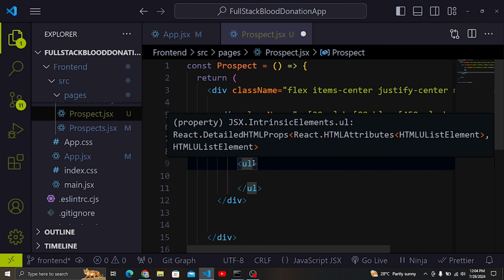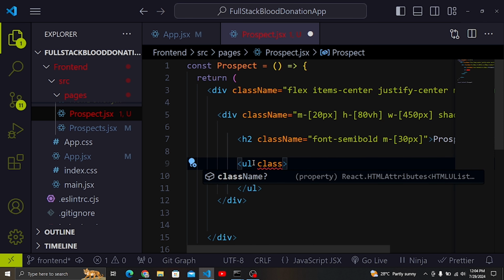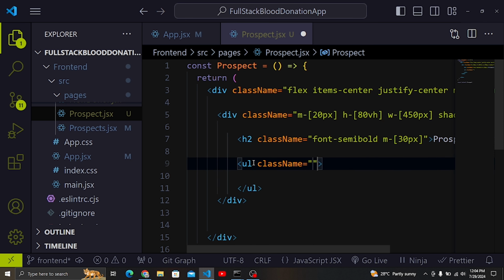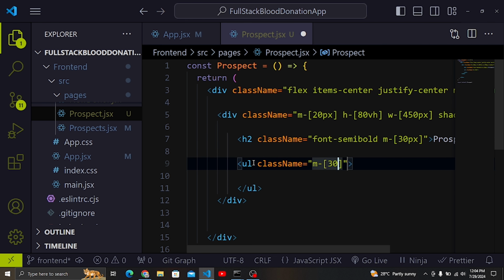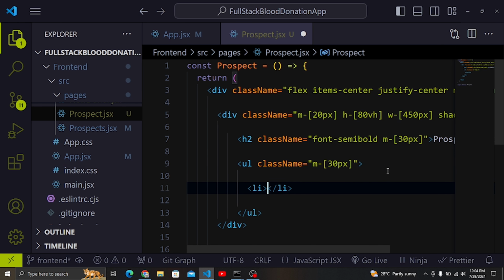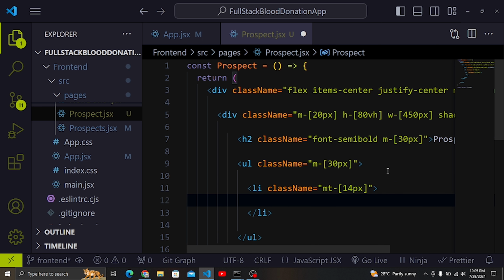So for example, we can give a class name here. We can just style it and give it a margin of 30 pixels. Now we can have the information inside here as a list. For the list items, we can have a class name also for the styling. So have a class name here, and for this one we can give a margin top of, let's say, 14 pixels. And now we can have the strong tag where we are going to add, for example,